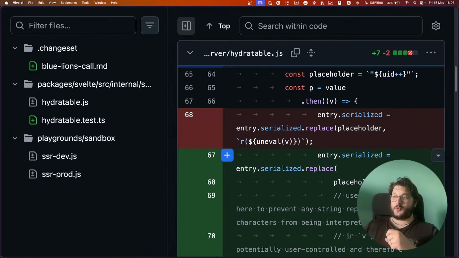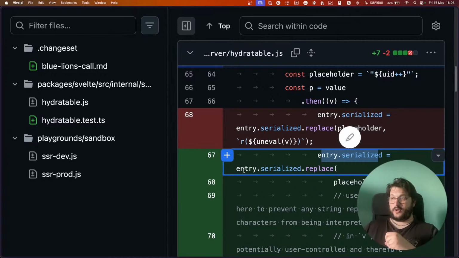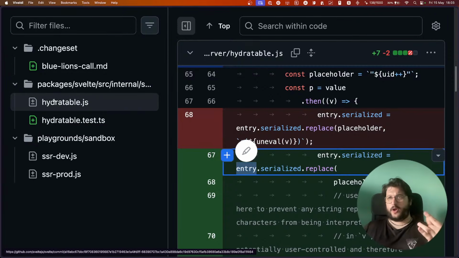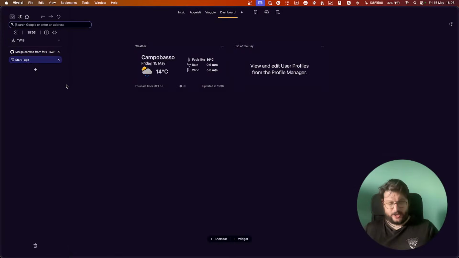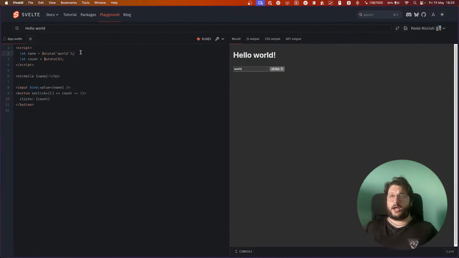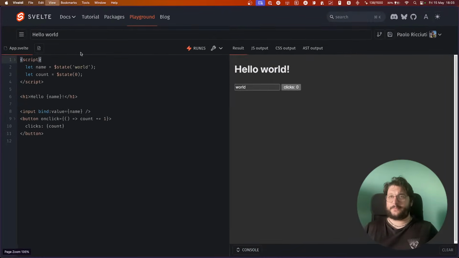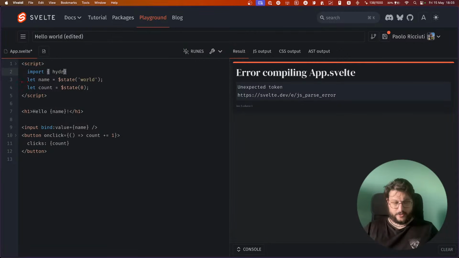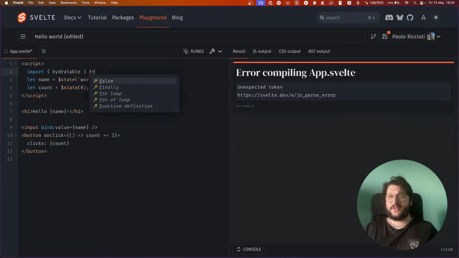Basically, to serialize the hydratable, and if you're not aware, hydratable is something you can use at svelte.dev/playground. You can import hydratable from Svelte.